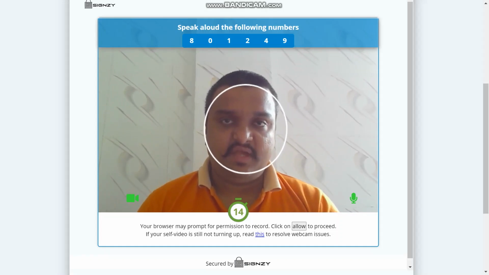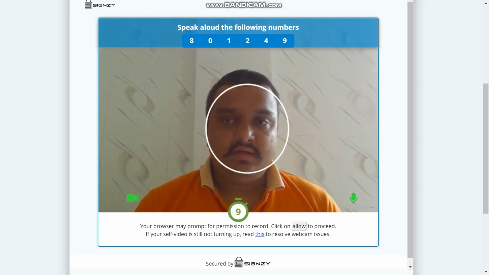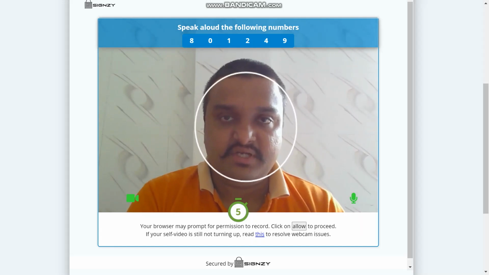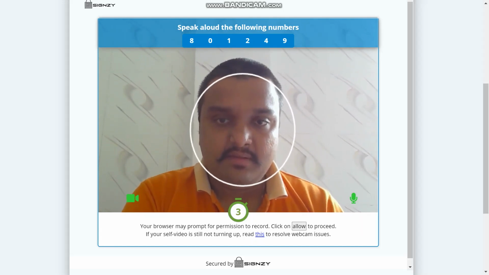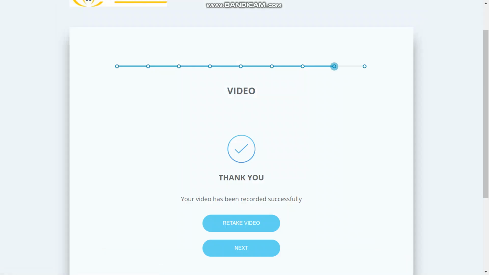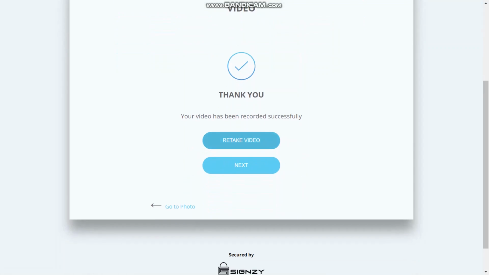So face the camera, show the ID, PAN card, Aadhaar card, whatever ID it is, and speak the number, 801249, whichever number it is showing on the screen. Okay, and after this, the system will upload the video, and if the investor is not confident about the earlier video, they can retake the video as well, or else they can click on the next button.